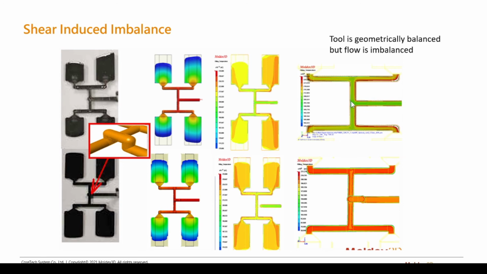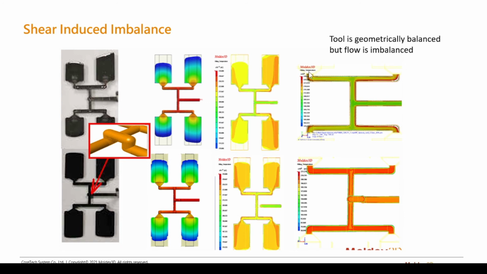When we make this 90-degree junction, the cold material traveling through the middle actually goes towards the outside, where the sheared material comes through the inside. This creates a left to right imbalance. The material on the right side is at a lower viscosity because it is hotter, because the shear rate is higher. And that actually ends up carrying through the next 90-degree junction, where the hotter material just continues over